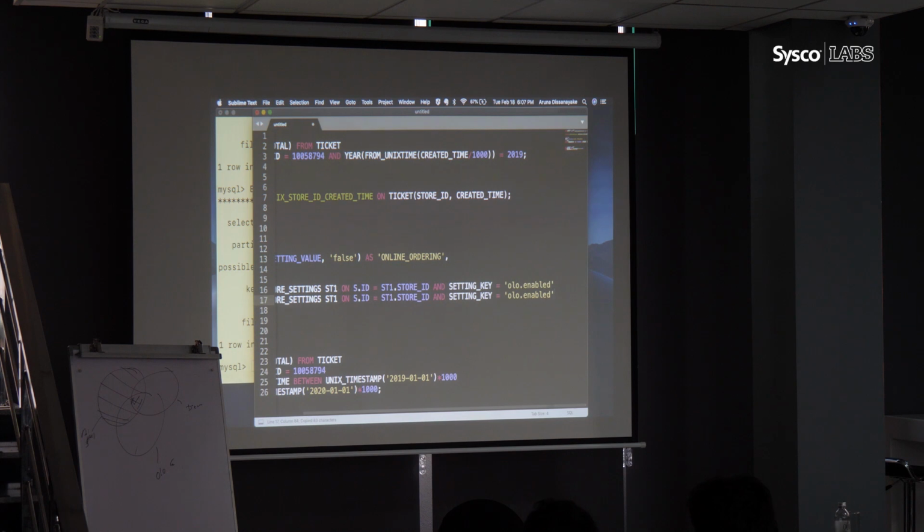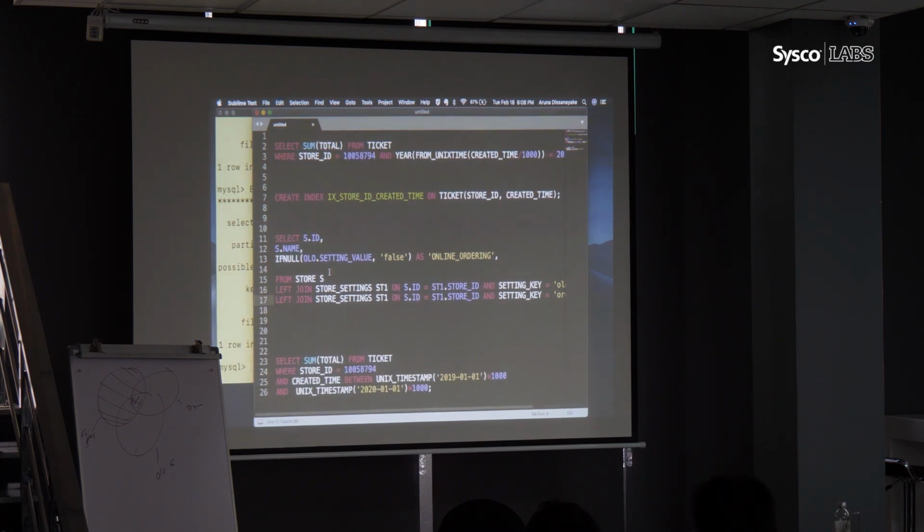Similar. Only the setting key is ordered here. That's all.